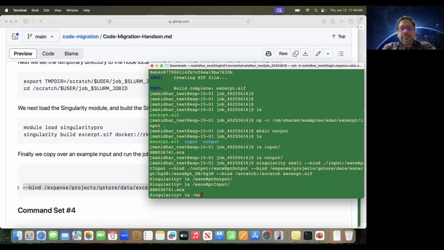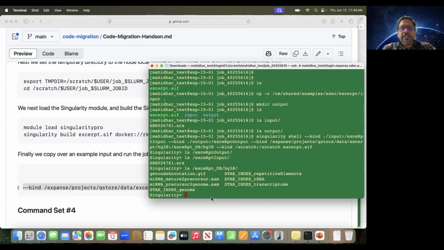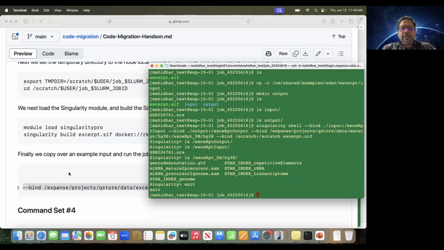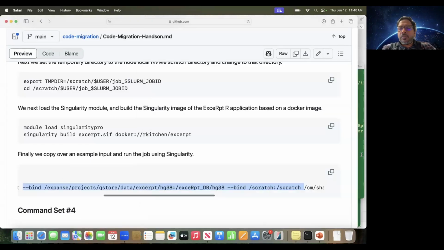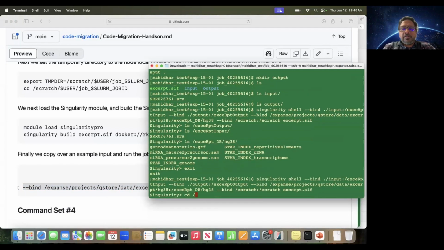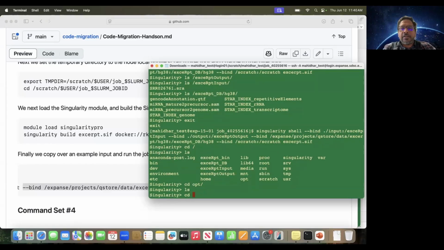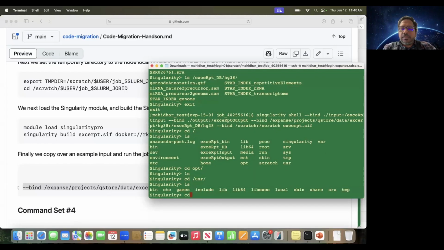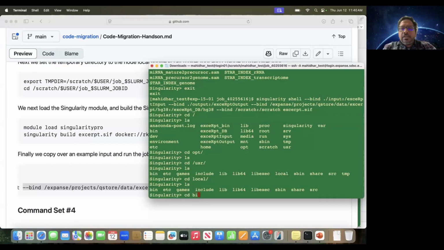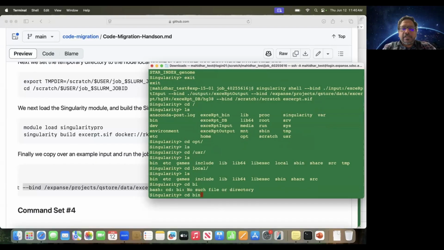And if I do excerpt DB and HG38, you can see that is the reference data set that I was talking about. So all of this is essentially in the container environment. Oh, and I should probably show you where the packages are installed. Like if you look, it's probably in user local, like you can see a bunch of packages are installed in the